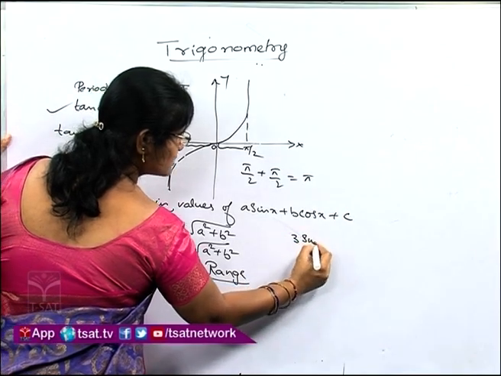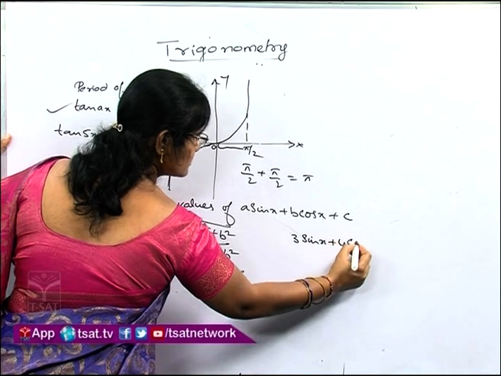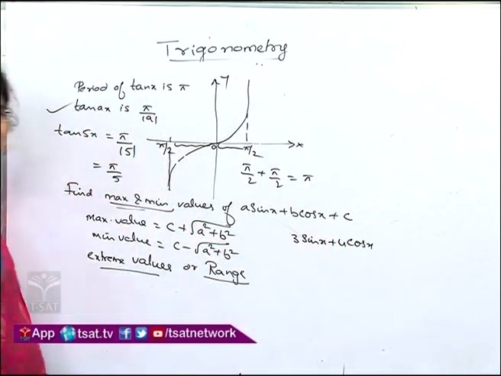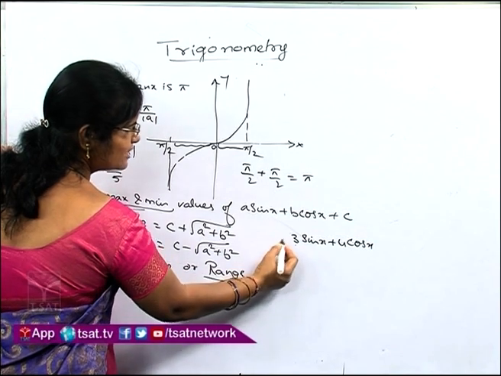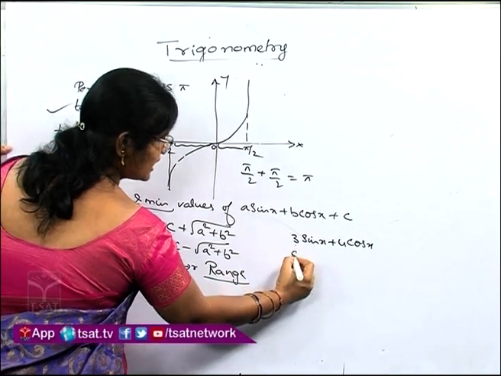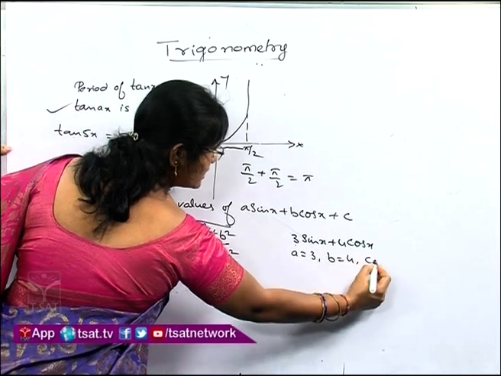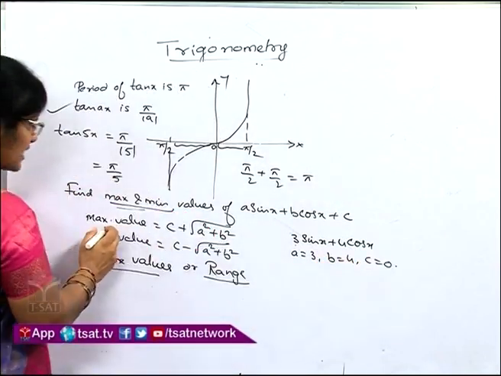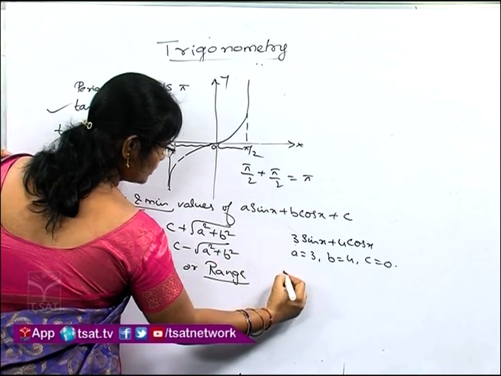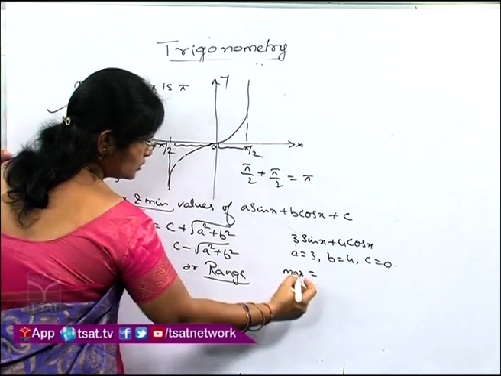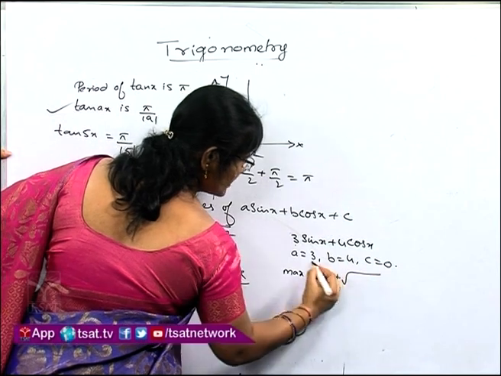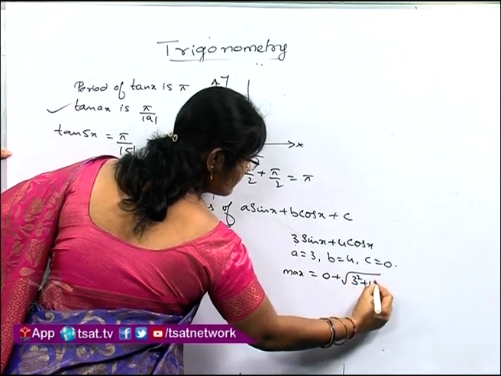3 sin x plus 4 cos x. Here the C value is not given, that means the C value is 0, children. So, find the maximum and minimum values for this. Here A equal to 3, B equal to 4 and C equal to 0, and we know the maximum value formula. So, maximum equal to 0 plus under root of A square plus B square, 3 square plus 4 square,